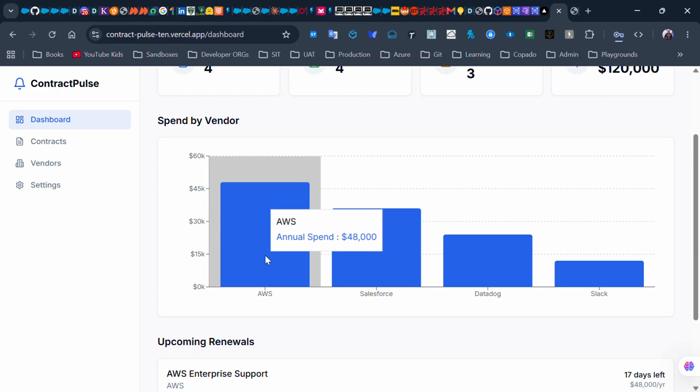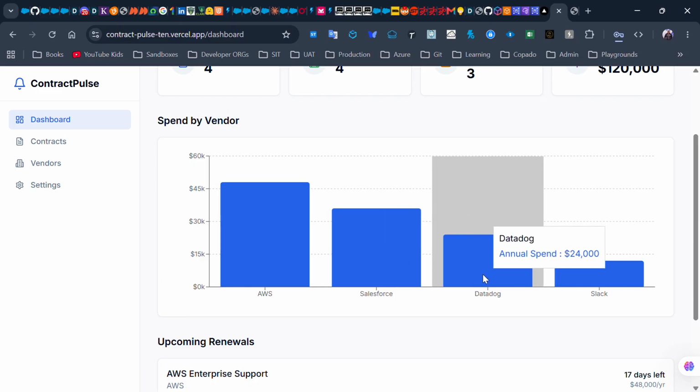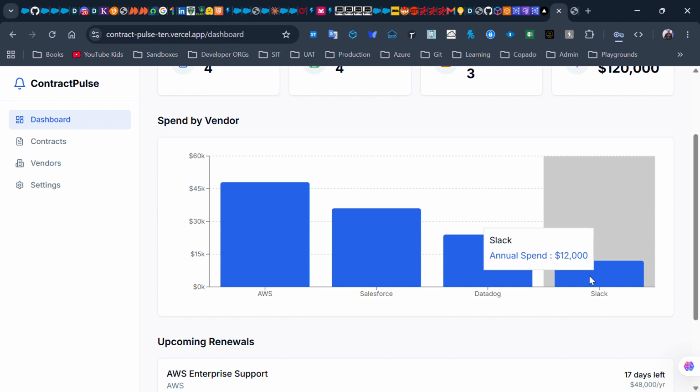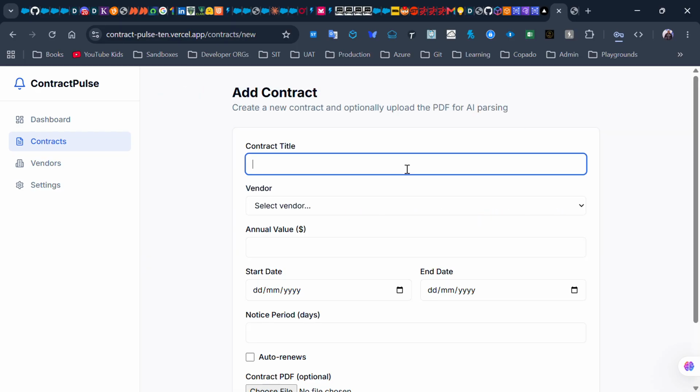So if you look at AWS, the annual spend is 48,000 US dollars. Then Salesforce is 36,000 US dollars. Then Datadog is 24,000 US dollars. Then Slack is 12,000 US dollars. Then in terms of adding the different contracts, we add them from here. So if I go in here and I want to add in